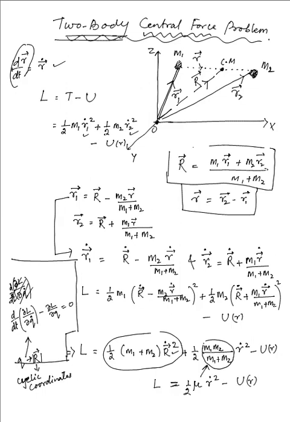Now, in this mu times r dot squared, this mu is what we term the reduced mass. Reduced mass is the consideration where we take the two-particle system to be a single one-particle system. Now, let me take you to the next page for that. We wish to make things easier for us. So instead of those complicated two-body stuff, we just reduce it to a single body